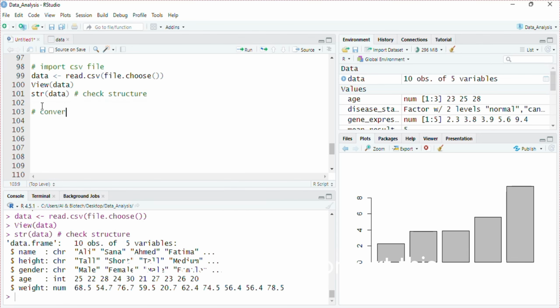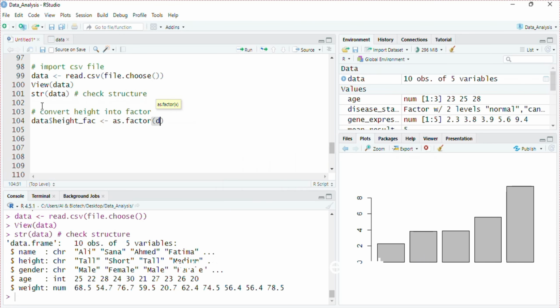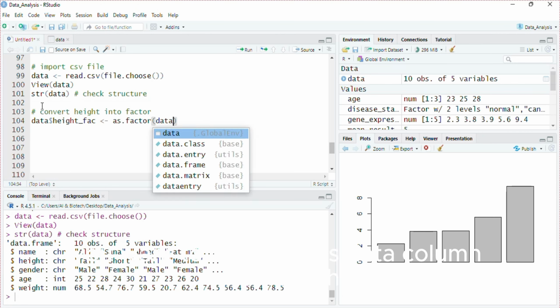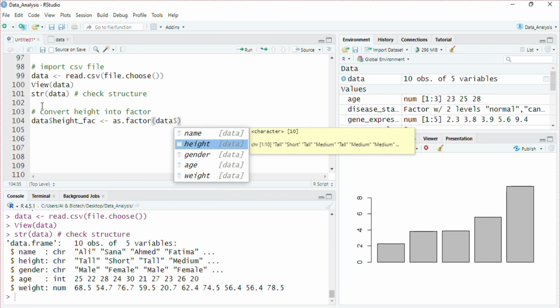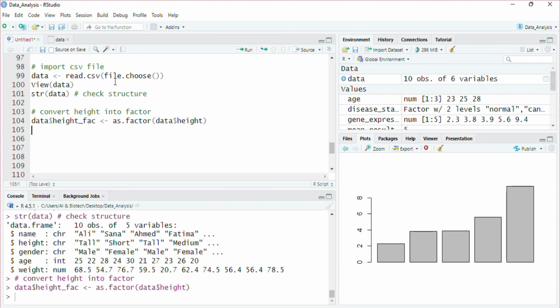We will create a new column with the name of height factor. First, we need to convert this character vector into a factor by using the function factor. Then we will relevel it. as.factor, data with column height. We want to convert this data column into a factor. Let's check our data. A new column has been created with the same data, but if we check the class at this time,